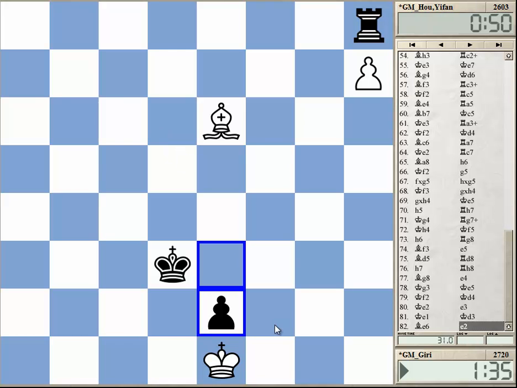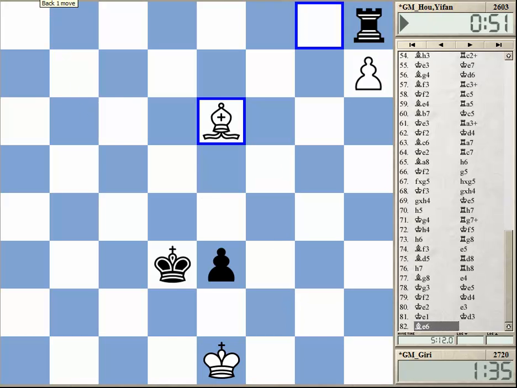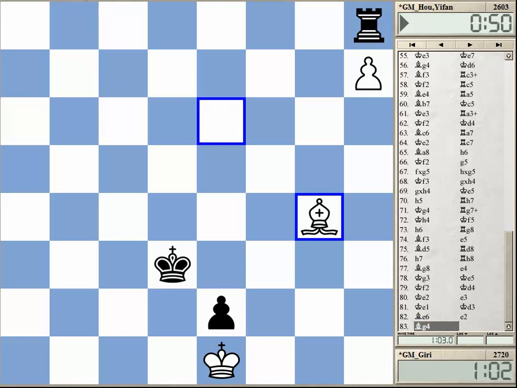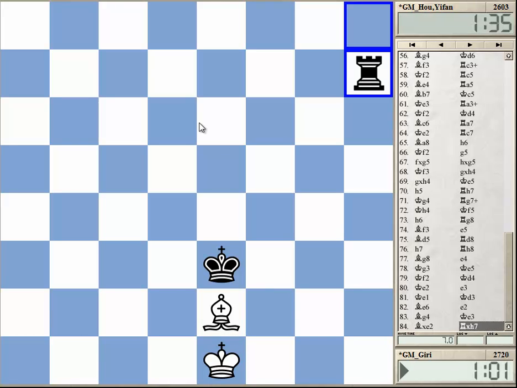Yeah, this is important. Cannot take here, of course, because check. This check. So this is why e2. And what is important to note, that in fact this happened in the game, that this is a winning endgame and not a drawn endgame. Of course, rook against bishop is a draw